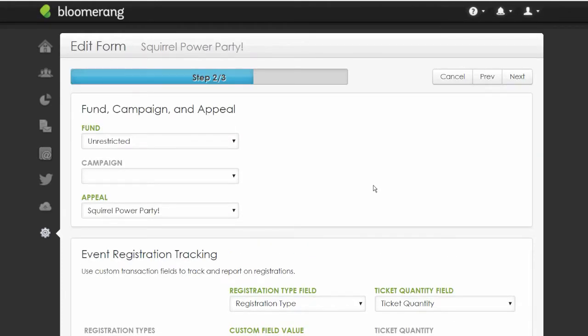You'll need to set the fund, campaign, and appeal that you want the event to go against. We do recommend when you're making your appeal that you use a unique appeal for each event. That makes it easy to report, because while you can report on transactions that have come in from a particular online form, so you could report on everything that's come in from your event registration form, but if you're taking registrations in other ways, like through the mail, for example, with a check or something like that,